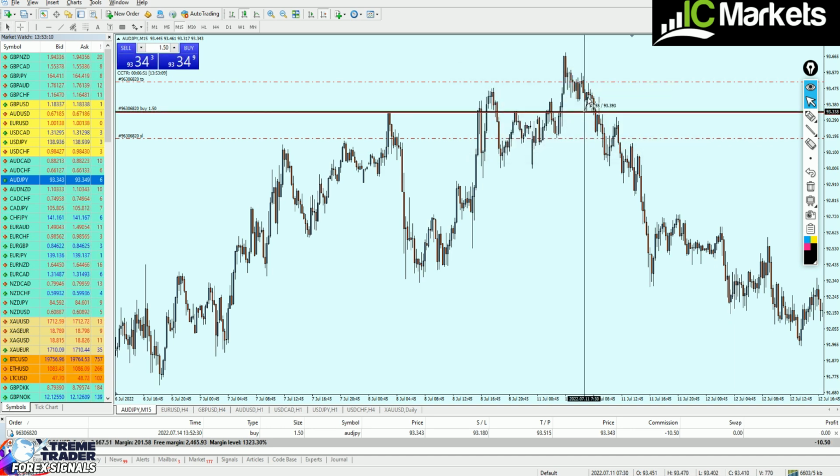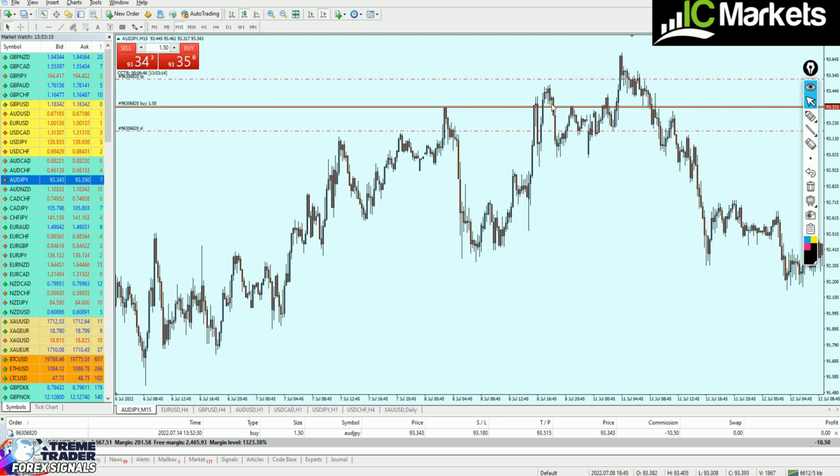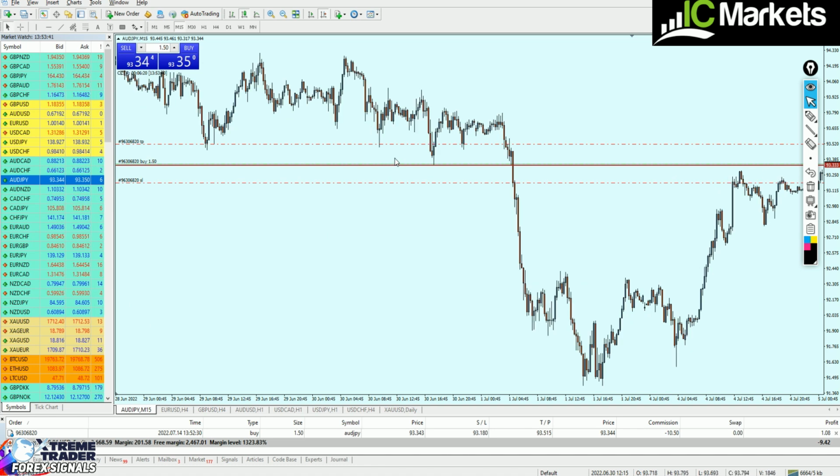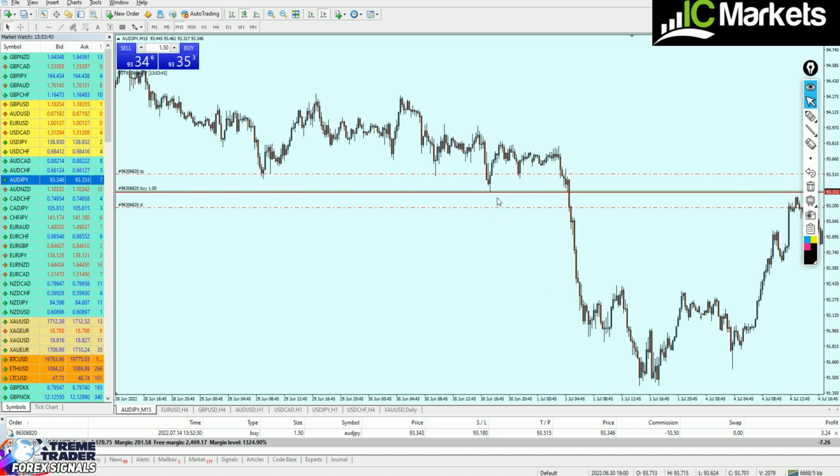bullish reversal. Right here we can see that the market has gone up for about 16 pips. Right here the market has also created a pin bar, and even right here, after the bullish breakout, the market has created a new support and rose for about 64 pips. Again, the same happened right here on the second attempt, when the market created a support level. Even right here, by the way, we can see this long tail. The market has reversed for about 37 pips, and even right here the market has reversed for about 18 pips. And no matter how we check it, my friends, every single time the market visited the same level, 93.333,